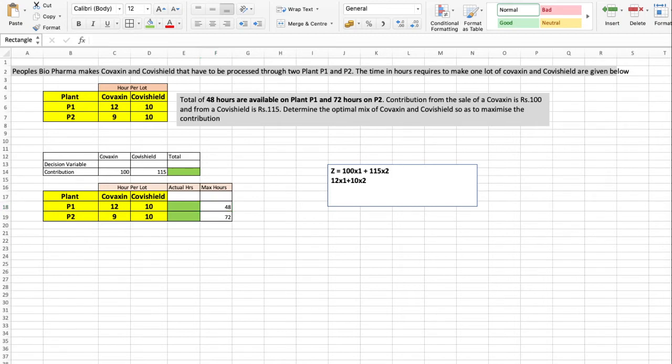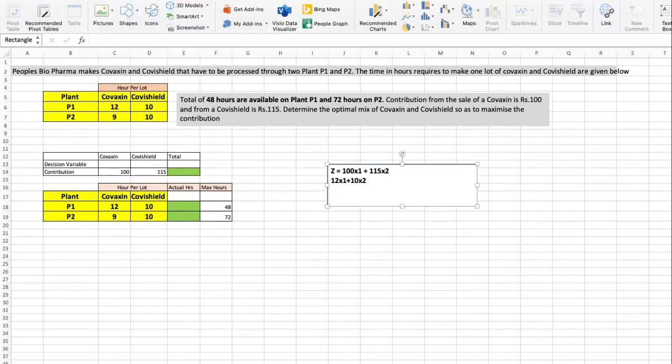So you have to take less than or equal to 48.